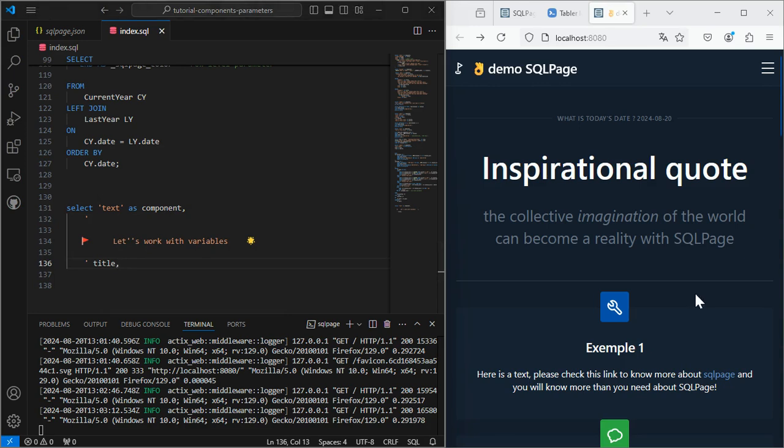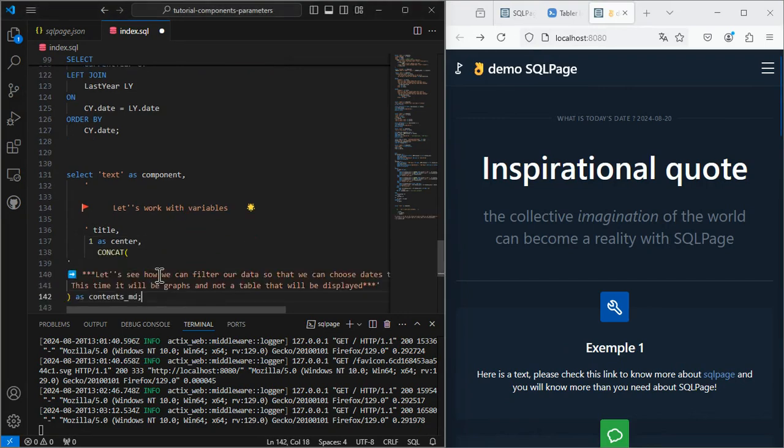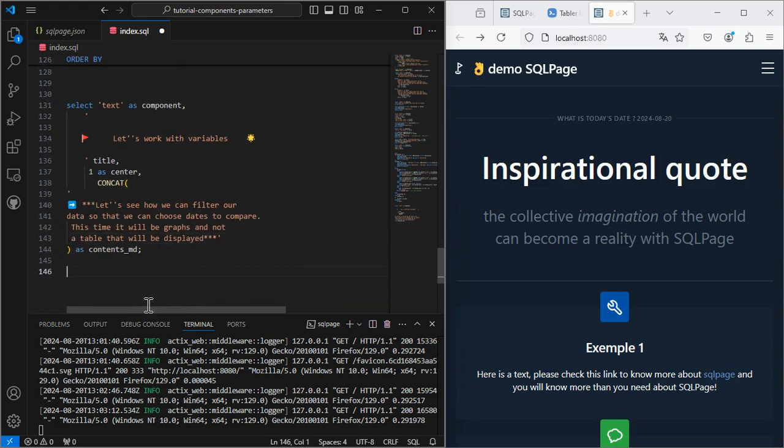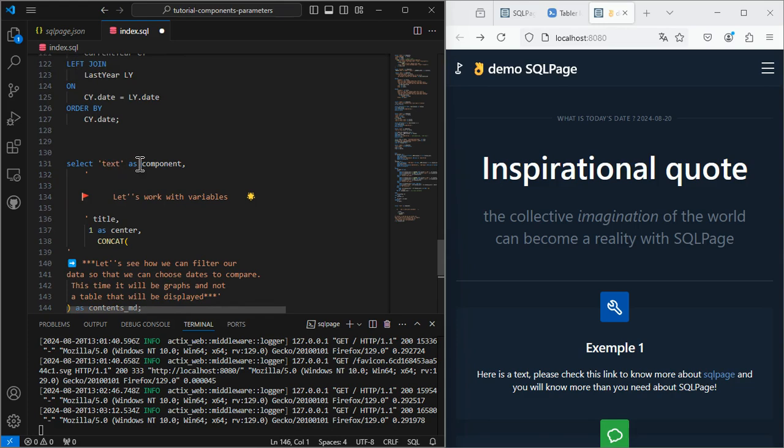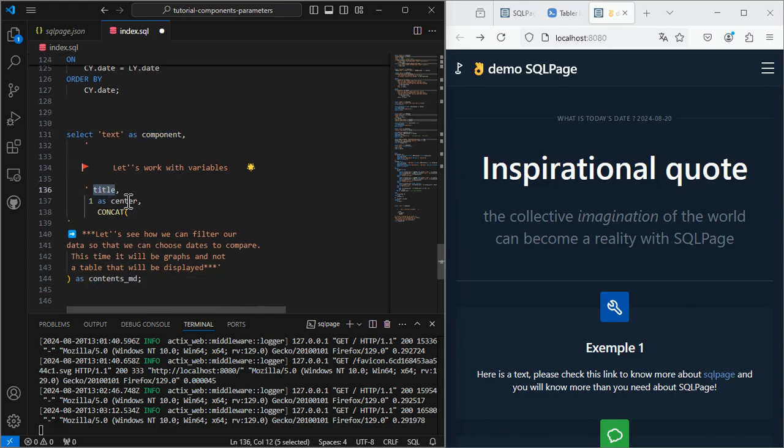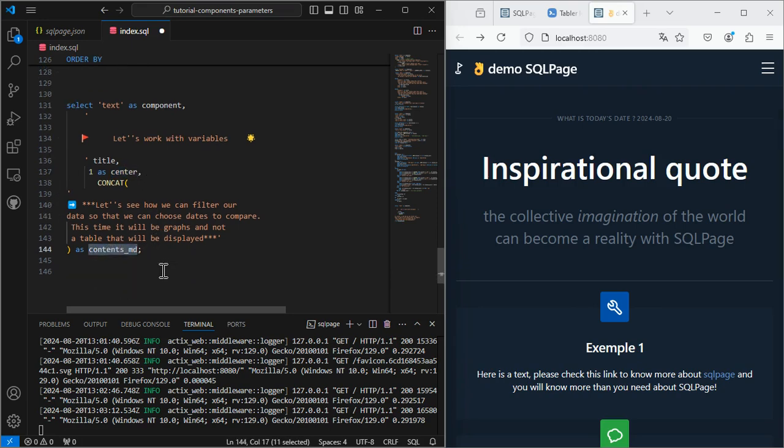Let's make this title centered. Let's add some content. So I'm using the text component with the title top level parameter, the center top level parameter, and some contents as top level parameter.